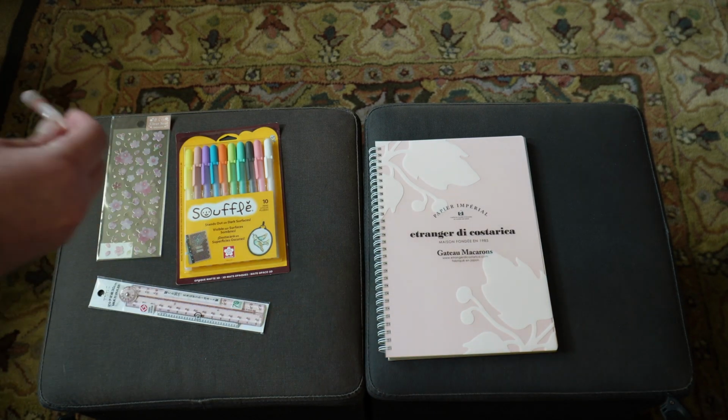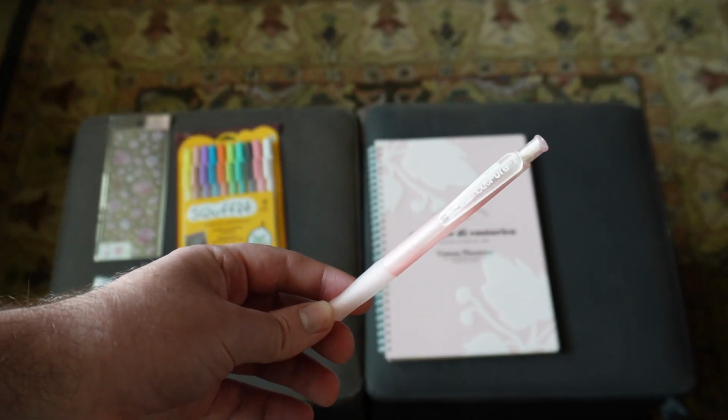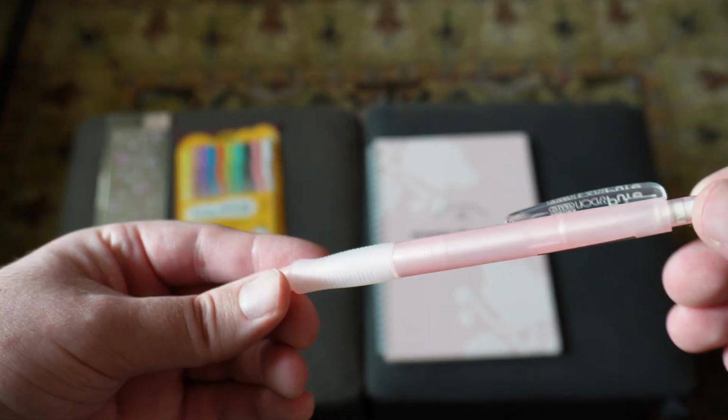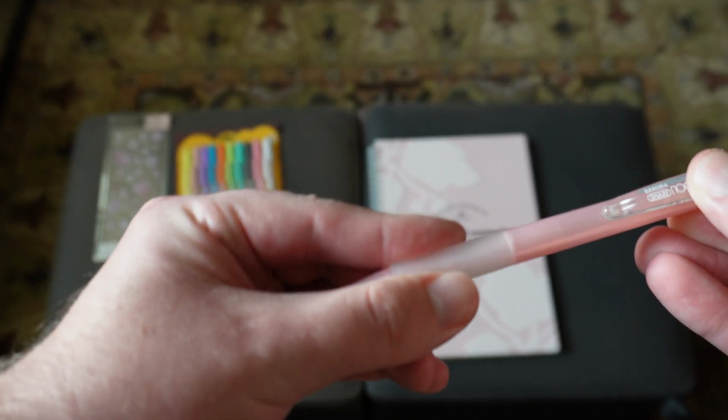That individual pen that we had here is another pen from Sakura. It's the Nox Pure Mechanical Pencil, actually. So this is actually a pencil, not a pen. Does not say what millimeter it is, but...